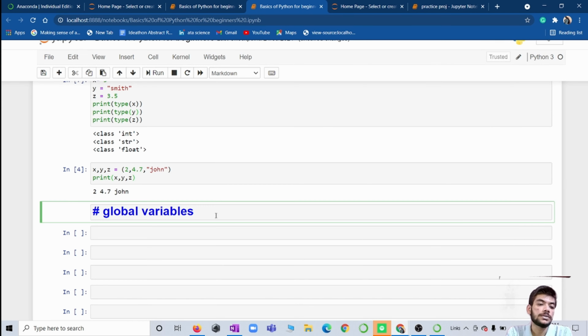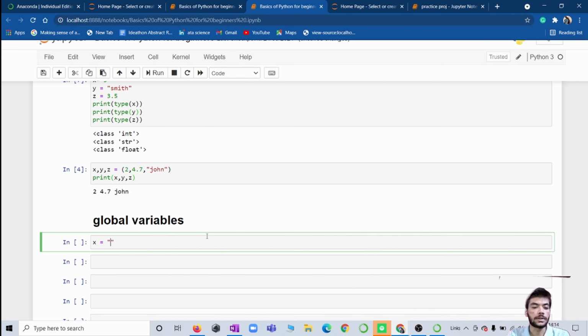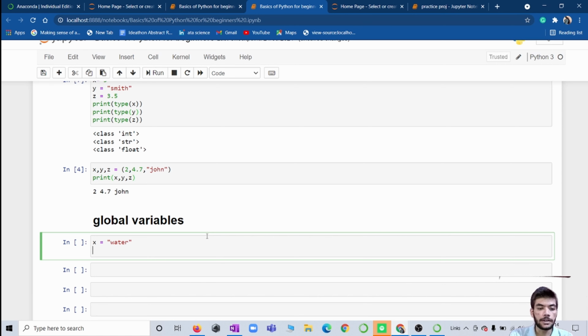Talking about global variables, those are created outside any kind of function. I will write one code for your better understanding. I will write x equals to water, and I will define a function.